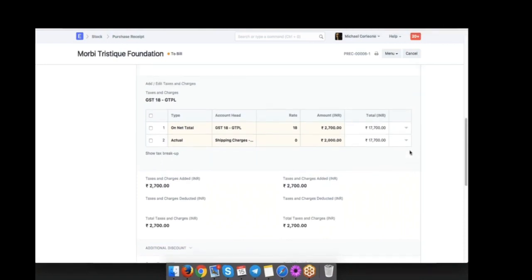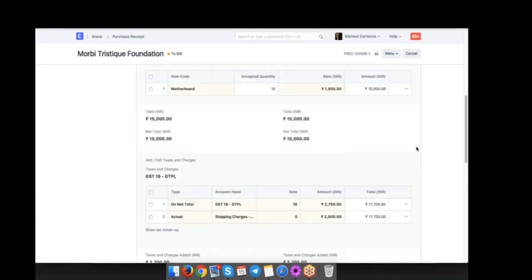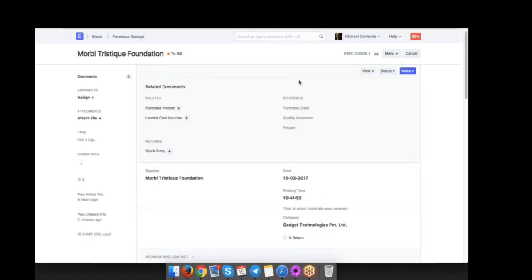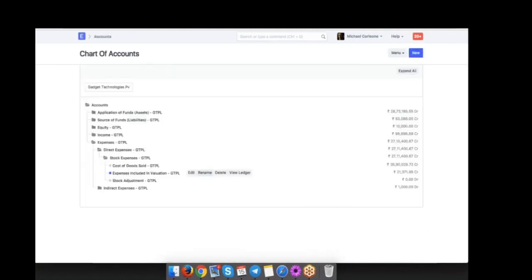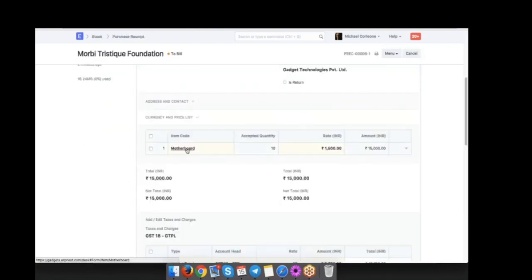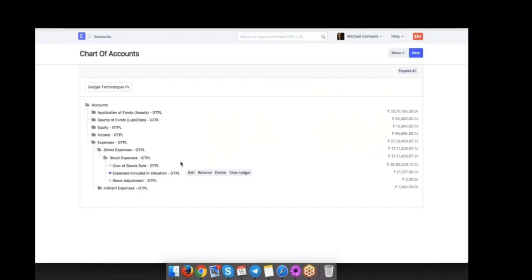And so we'll make a separate purchase invoice in our account later on when we receive an invoice from our transportation agent. So actually the shipping expense will be booked when we make a purchase invoice. But since we have added this expense to the valuation, which means when we sell this item, motherboard, its valuation has become 1700. Let's say it's not 1500 but 1700. So when we sell this item, it will book 1700 in the cost of goods sold, but it has already